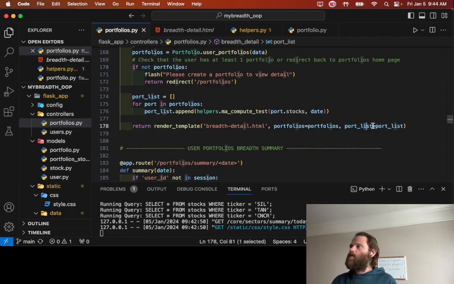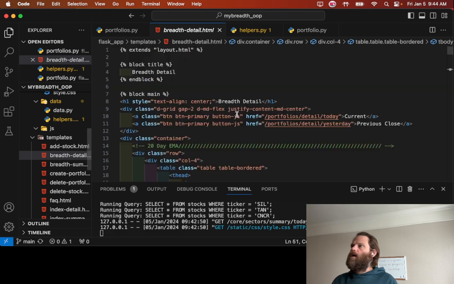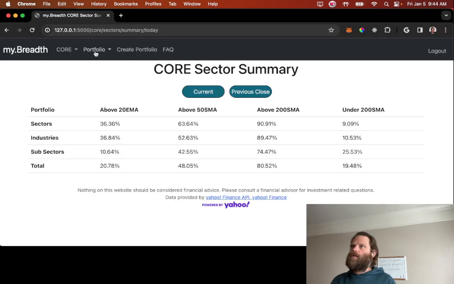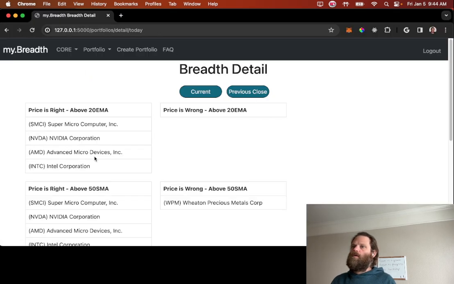We take that data, we pass it through here, and then on the front end using Flask, we can easily access first portfolio, index 0, and we can just tell it which key we want to get. So we want the list for the EMA 20, and then that displays really nicely here on the front end, breaks it down, and of course you can change previous close, current close, back and forth so you can see the difference. So I'll do a separate video for the breadth summary because it is kind of another big chunk,